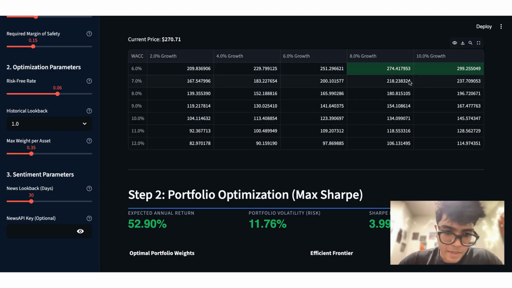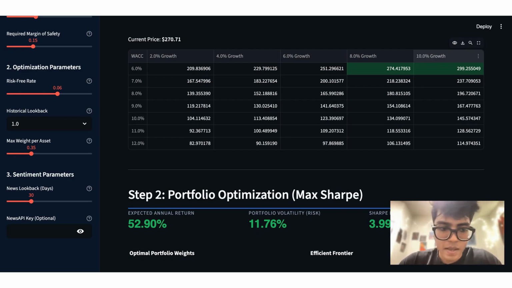You can see the highlighted cells right here, WACC 6%, 8% growth, gives us $274.42, which is right around the current price. This tells me Apple's current price is actually consistent with an assumption of moderate growth and slightly higher discount rate. The takeaway here would be that the valuation is sensitive to assumptions, and this table helps me understand the range